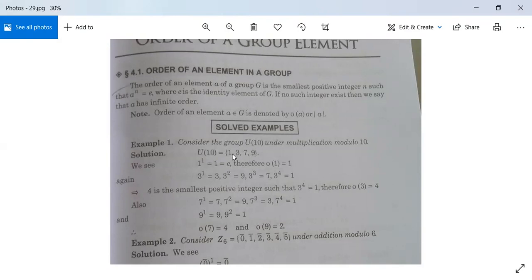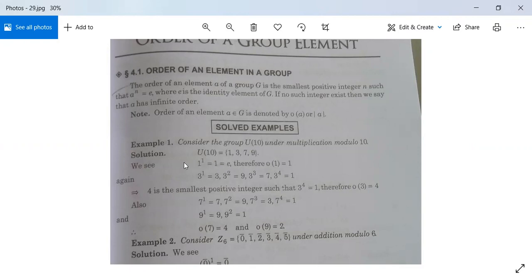इनमें से कोई भी दो एलिमेंट का हम अगर मल्टीप्लाई करें तो जो बैलेंस आएगा वो इसी सेट में आ जाएगा। देखो 1 इंटू 1 करेंगे, 10 से डिवाइड किए, बैलेंस आ गया 1। 1 इंटू 3 किए 3, 10 से डिवाइड किए, बैलेंस 3। 7 इंटू 3 किए 21, 10 से डिवाइड किए 1 जो कि इसमें है। 9 इंटू 7 किए 63, 10 से डिवाइड किए, बैलेंस 3 इज इन दिस सेट। सो U10 इज 1, 3, 7, 9। सिमिलरली अदर कॉम्बिनेशन से भी देख सकते हैं।